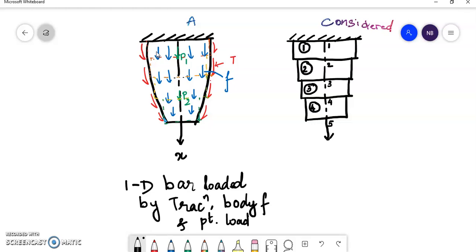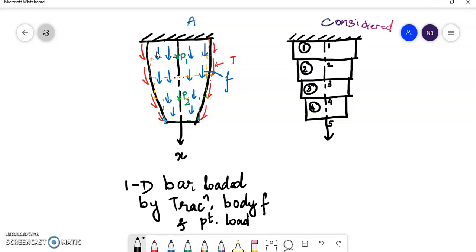In addition to the cross section, traction and body force are also treated as constant within each element. However, the cross-sectional area, the traction and body force can differ in magnitude from element to element. Better approximations are obtained by increasing the number of elements. So now I had divided this bar only into 4 finite elements. If you want more refined results, closer to the exact result, then you will have to divide it into smaller parts, say 5 or 6, something like that.